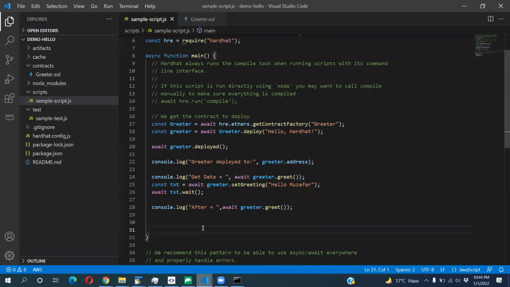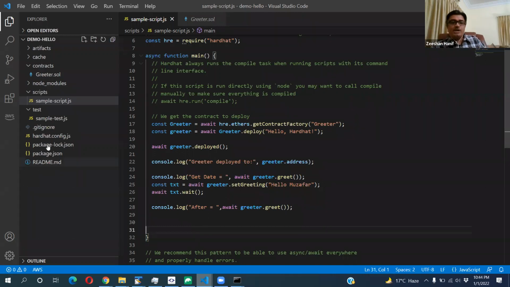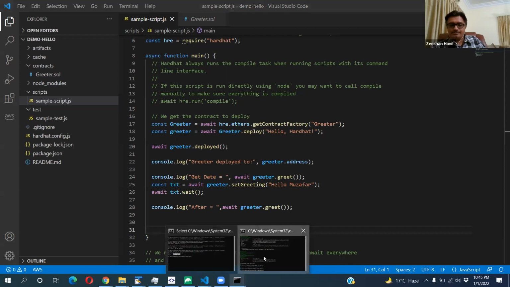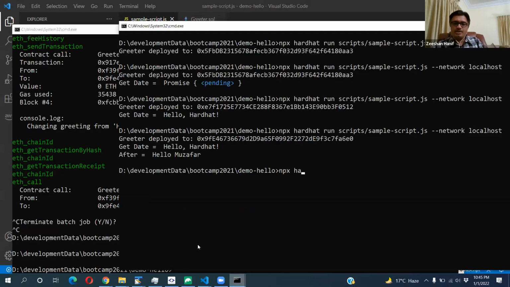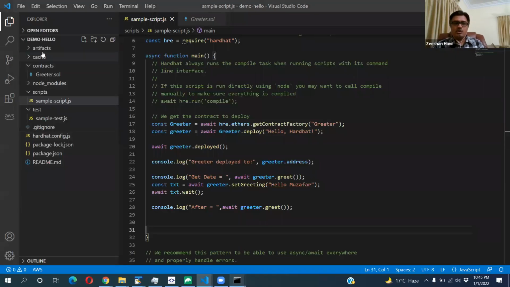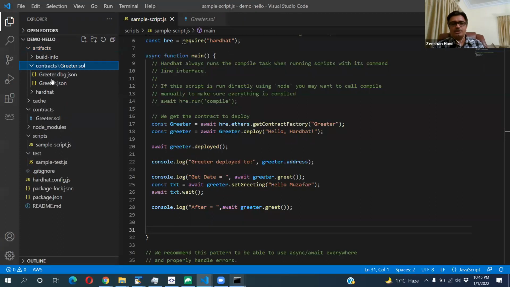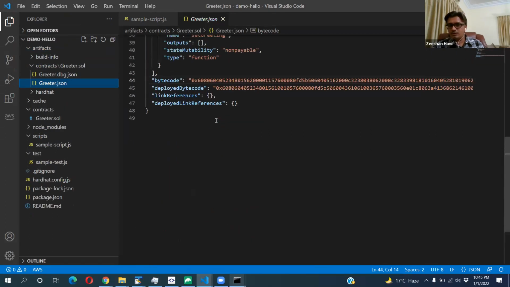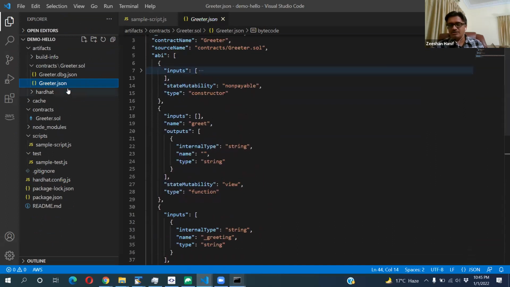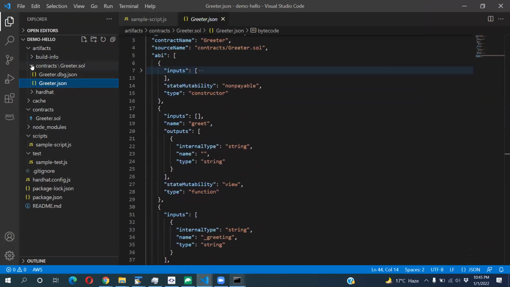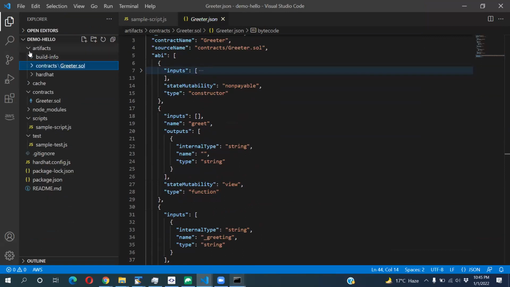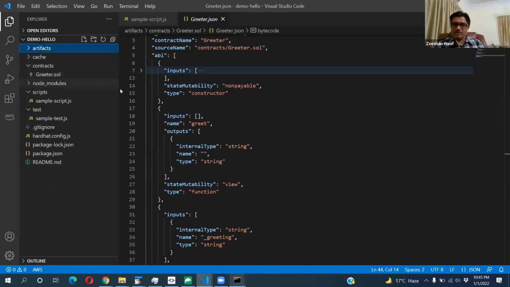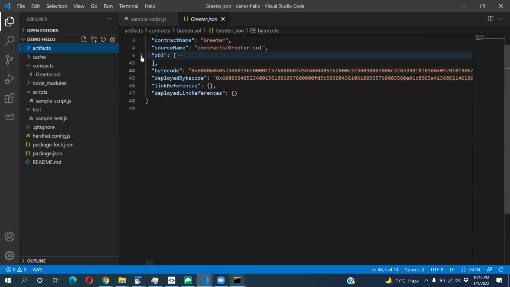Okay, so what you need to understand is Hardhat provides us the complete environment. When you run npx hardhat compile, it compiles the Solidity code, and after compilation, all the bytecode and ABI are stored here, in a .json file. There is a default directory structure that Hardhat follows, and it directly finds the content in that folder. Once it is done, this is available to Hardhat.